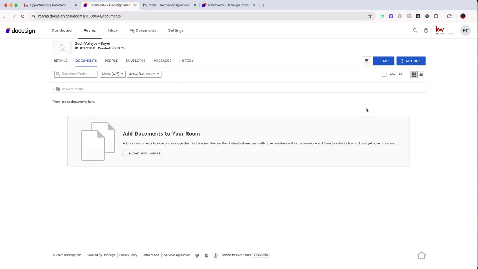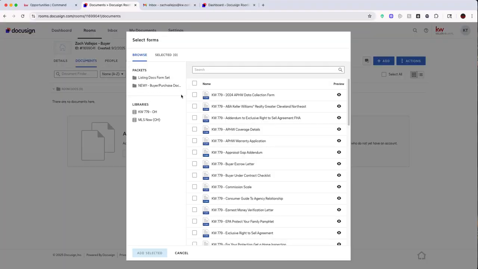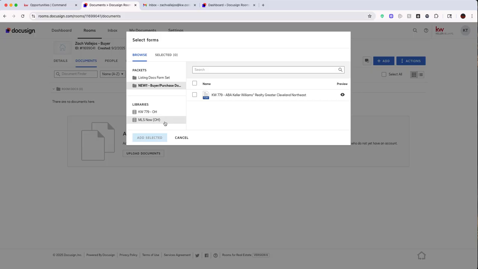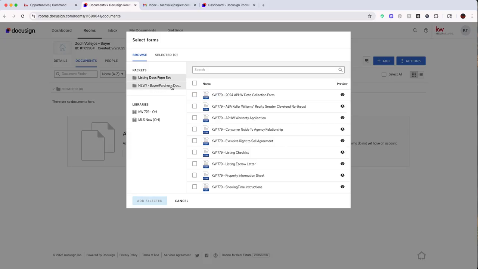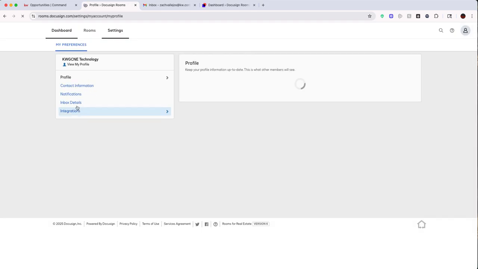Now that you have everything all set up, you're going to go ahead and add in your documents, and you're going to click Docusign Forms. And then when you have all of your forms, you're going to have these two packets here, which, as you can see, is only pulling our KW forms, so that means we need to go ahead and adjust our preferences and add in